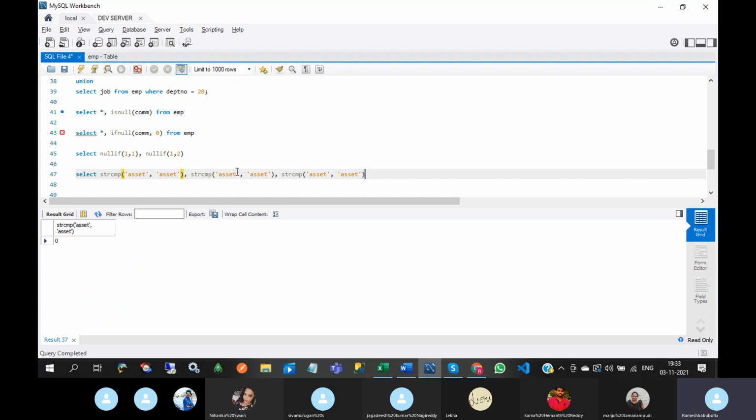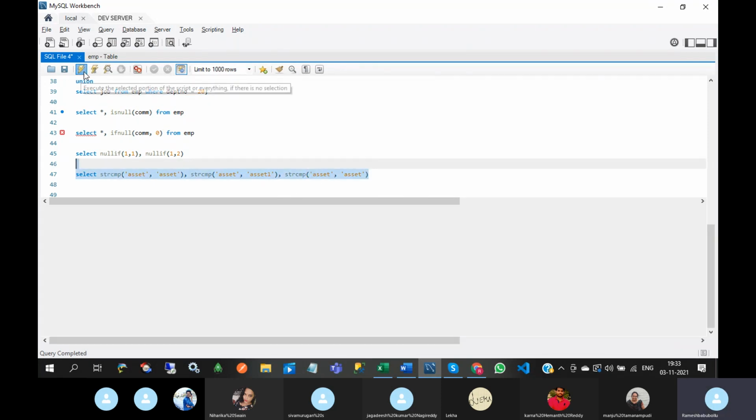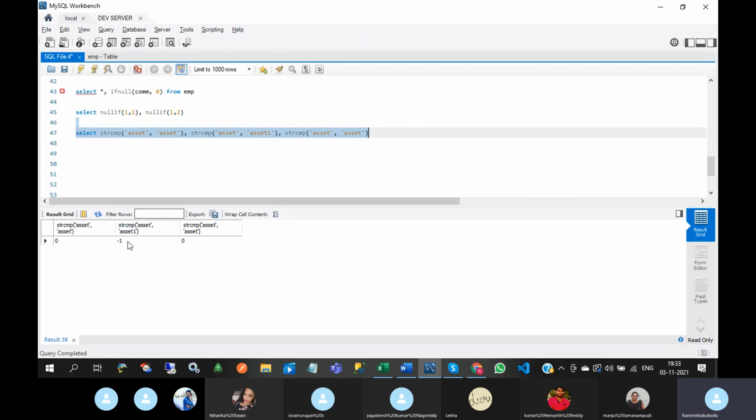I am taking 3 different cases. If both arguments are not equal, then it will return -1. Okay, -1 means first argument is less than the second argument in terms of size. Okay, if I put asset 1 in first argument, then observe the result.